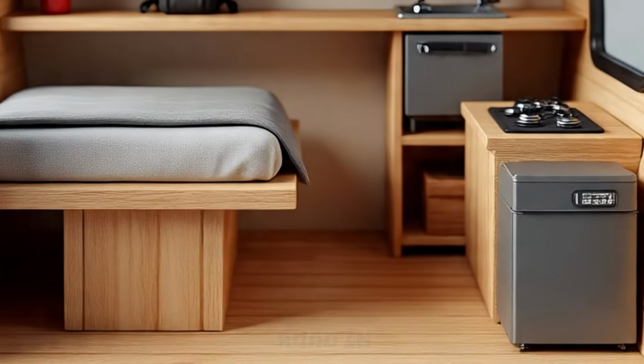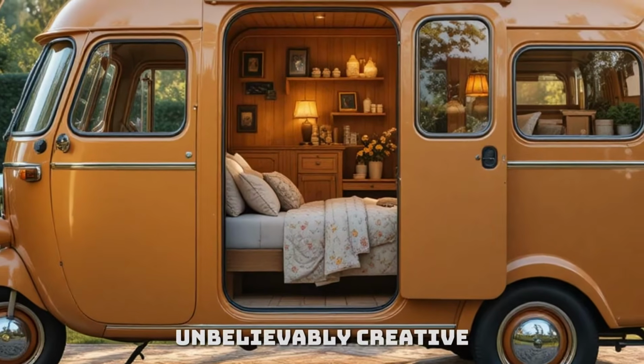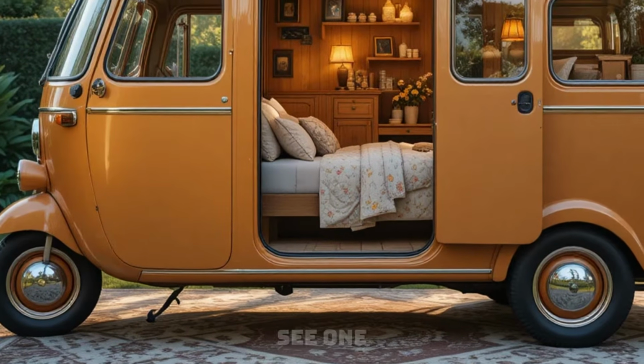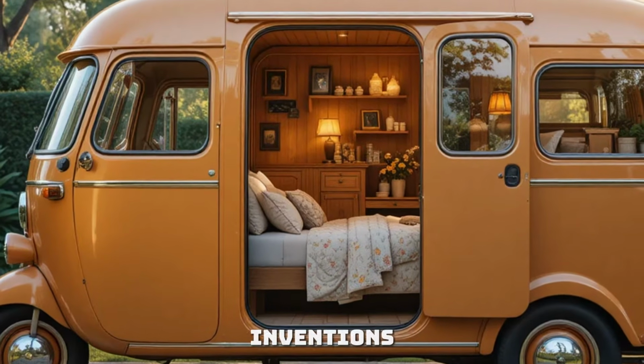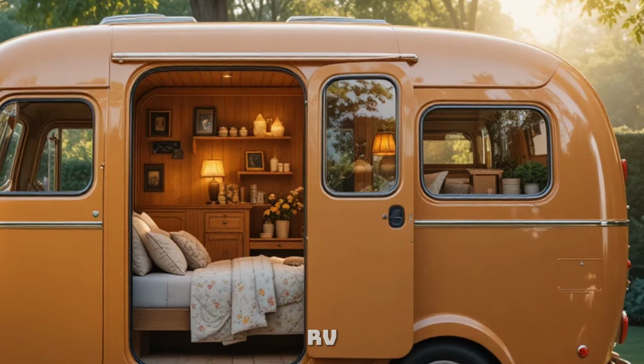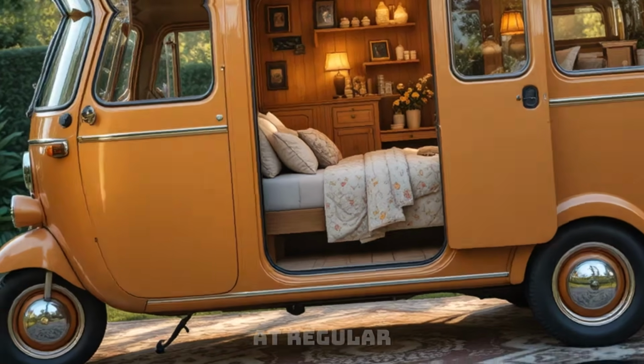Imagine rolling down the road in something so strange, so charming, and so unbelievably creative that people stop mid-step just to stare. Today, you're about to see one of the most fascinating inventions ever to hit the world of tiny travel, the vintage-style tricycle RV. And trust me, once you see how this thing works, you won't be able to look at regular campers the